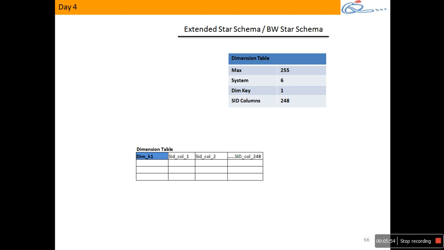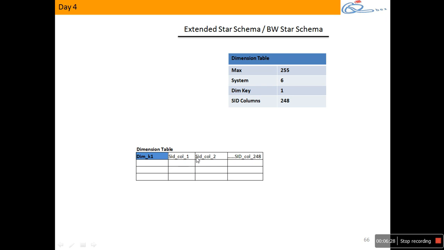Now I'm opening up the dimension table boss. Again, is my dimension table a table inside a cube? Yes or no? So even this can have 255 columns in it. Okay, out of 255, 6 columns are blocked for the system, and how many are left out? 249 boss. Here is one point, 249 boss. Out of 249, one column is used for what? The dimension key, which is used to connect my fact table and the dimension table boss. And how many are left blank? 248 boss.